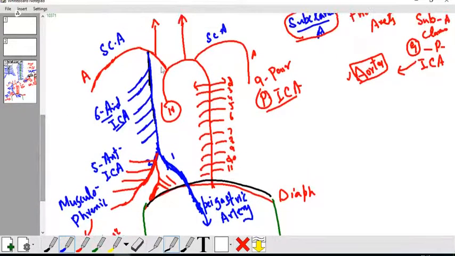The first 6 directly come from what artery? The internal thoracic artery. I'll just write a short form here. This internal thoracic artery is moving down. It is a branch of the subclavian artery, as you can see here. Before it divides into 2, going down, it gives 6 direct branches